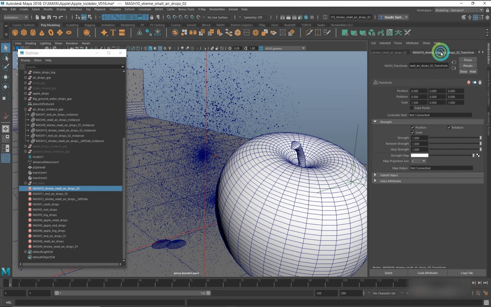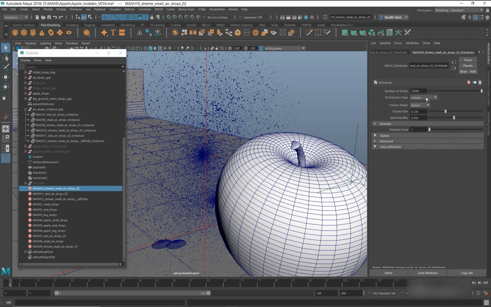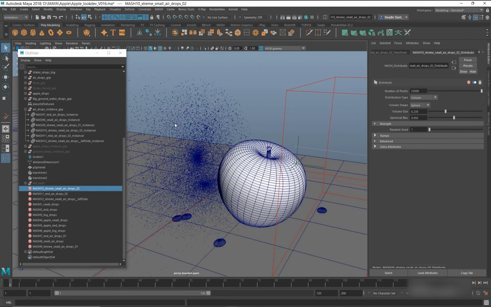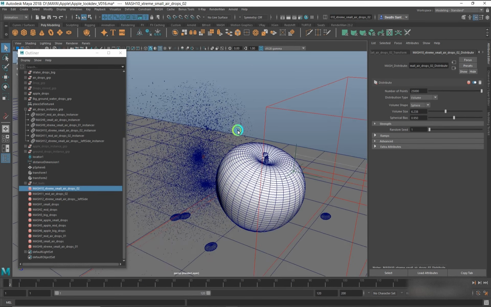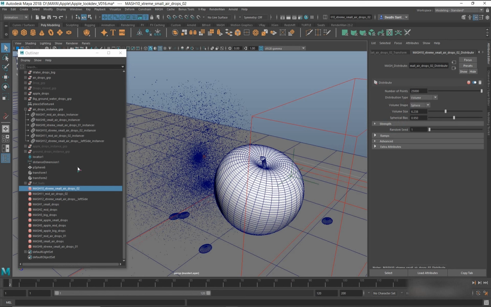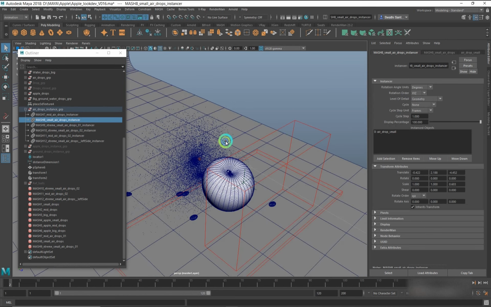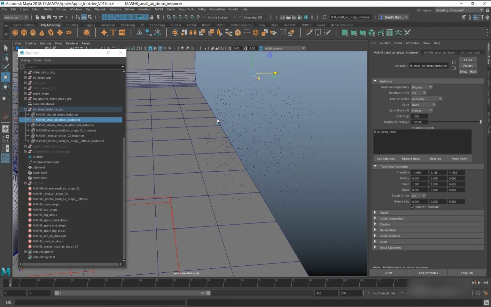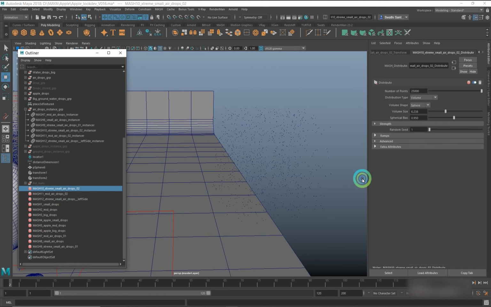So for airdrops, I've used volume distribution type, so that it creates instances in a volume. So if I take the small airdrops and move it to the side, you can see this one is in the shape of a sphere.